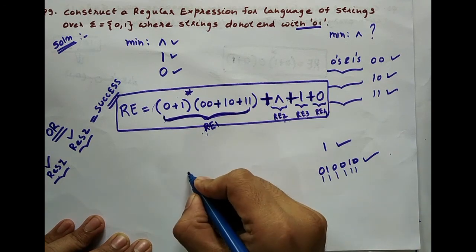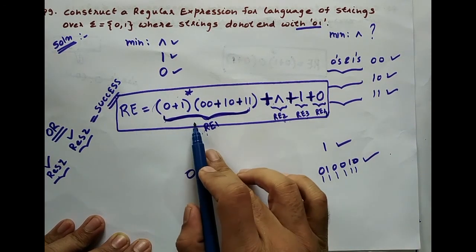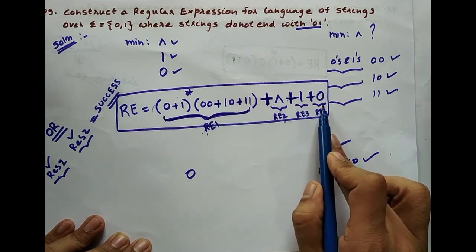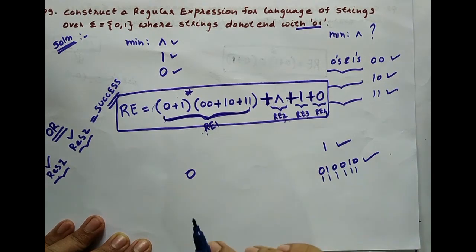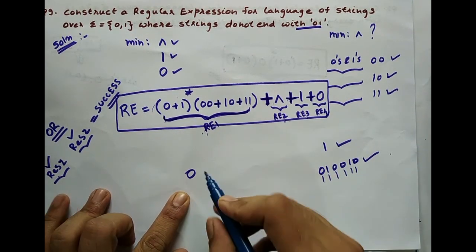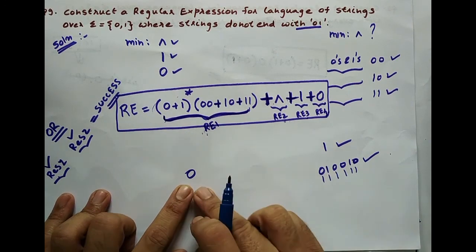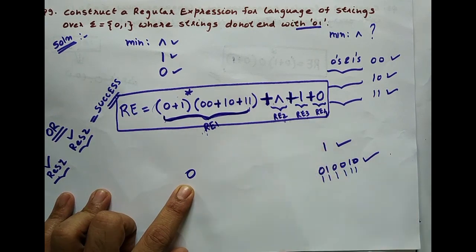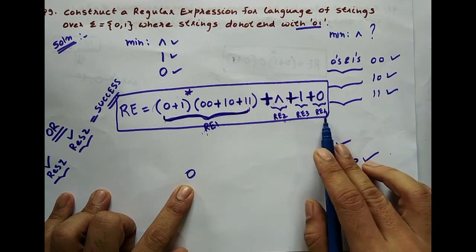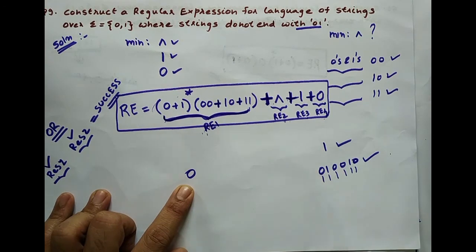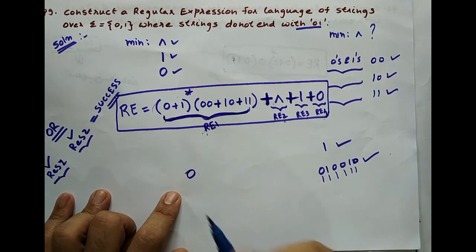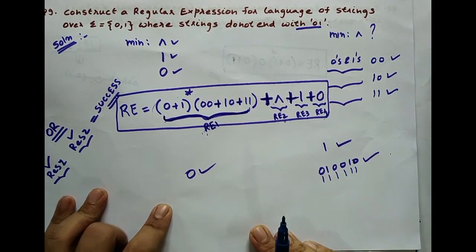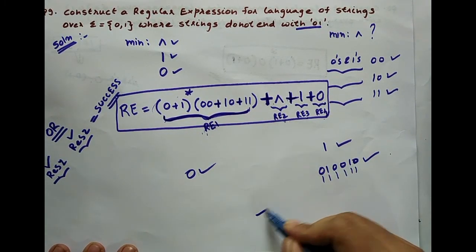Similarly, suppose somebody gives you a string, say 0. Now I will say the first regular expression will be skipped. This also will be skipped. Here also it will be skipped, and when this is executed, yes, I will get string 0 matching. Now, will you say that this string is rejected? No, this is still accepted, because although RE1, RE2, RE3 were not executed, at least one of them, RE4, was executed fully and the string is accepted. So if any one of them is fully executed, the string is accepted. Yes, please keep this in mind.